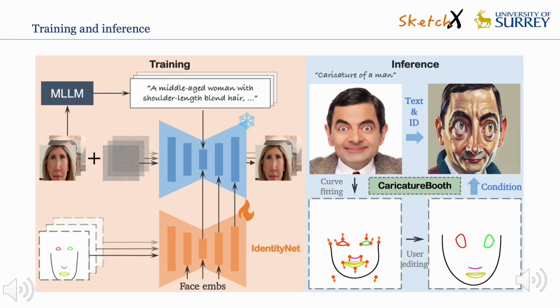During the training stage, we follow the pipeline of InstantID. We only optimize the parameters of the IdentityNet while keeping the parameters of the pre-trained diffusion model, text encoder and face encoder frozen. During the inference stage, we propose an approach for landmark editing using Bezier curves to fit the polylines of the predicted facial landmarks. As Bezier curves are computationally efficient, this approach is well suited for intuitive and exaggerated edits to facial landmarks. This allows for easy creation of stylized or artistic deformed caricatures.